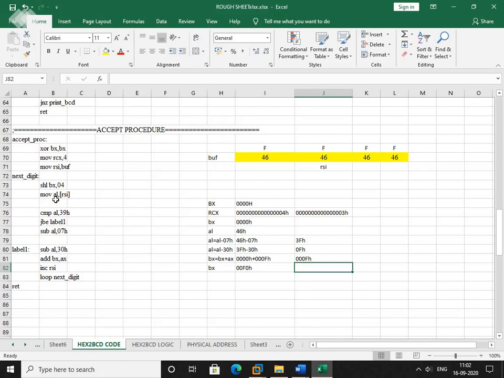Next, move the content of RSI into AL. What is the content again? It is 46H. Next, compare it with 39.